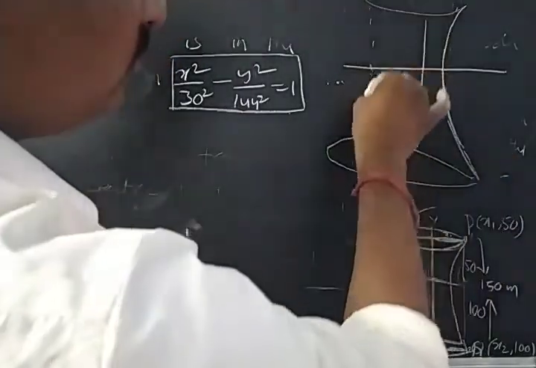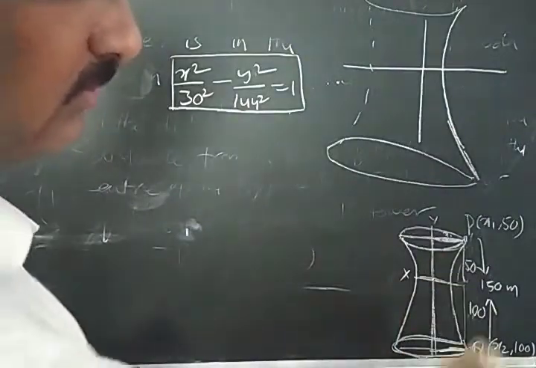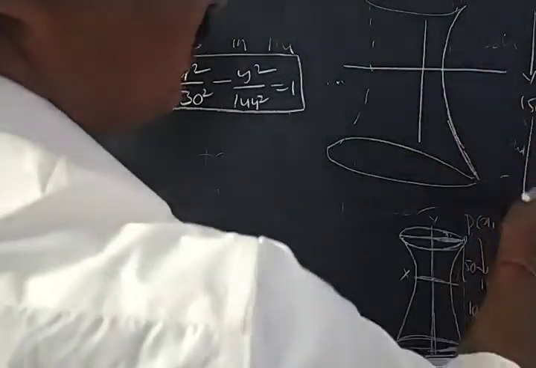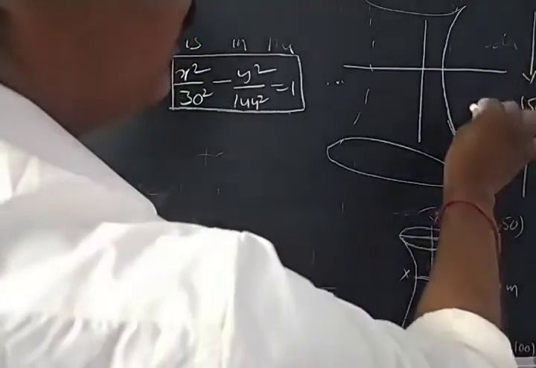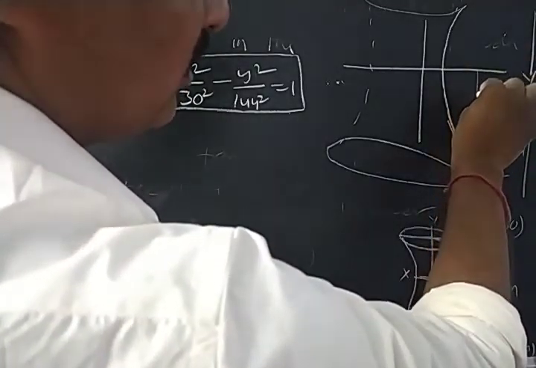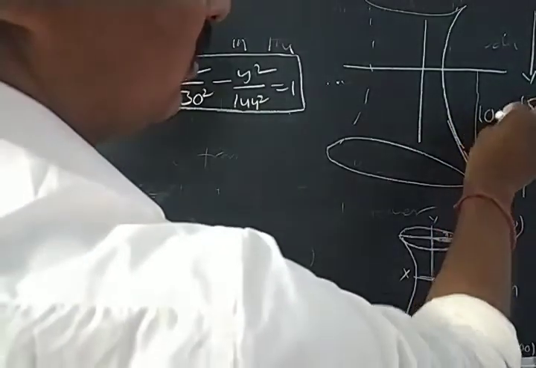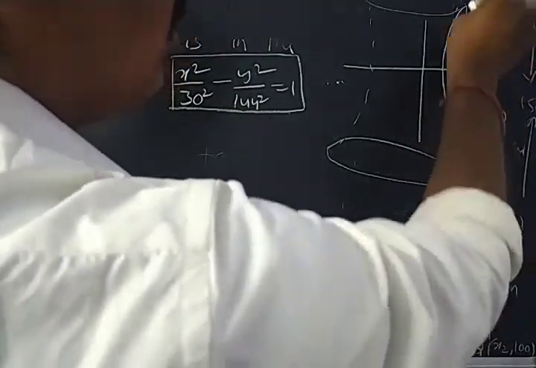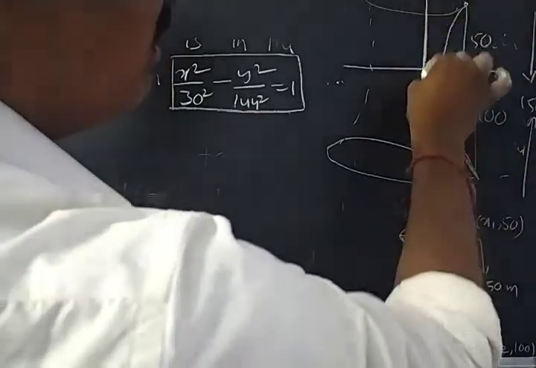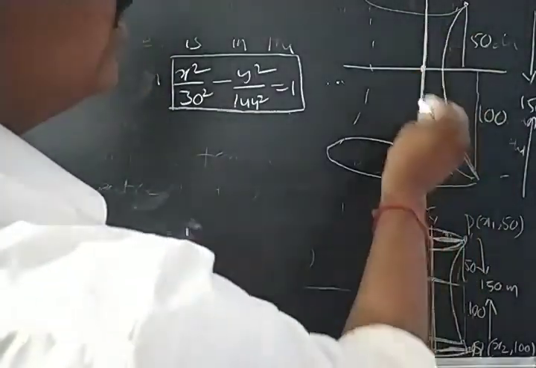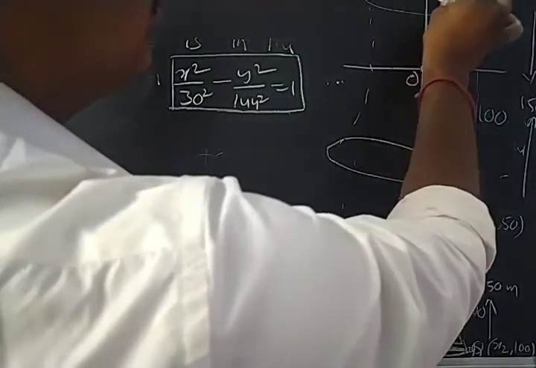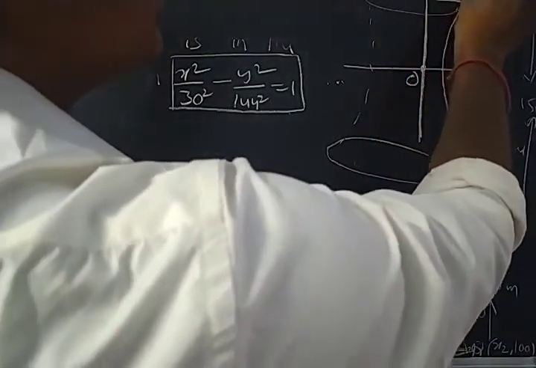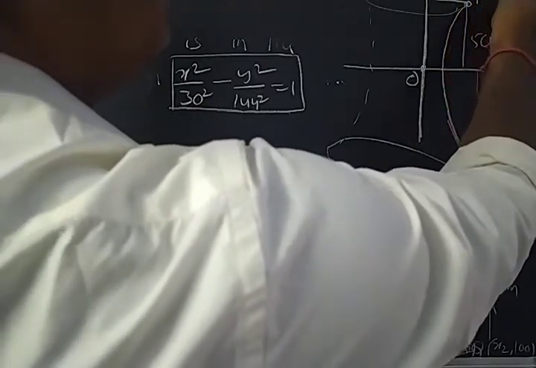Okay, this is the shape of the tower. Now total height is 150. I divided this 150 height from here to here 100 meters, from here to here 50 meters. Okay, and this is center. Center is O. This radius I am taking as x1. Then this point's coordinates are x1 comma 50.